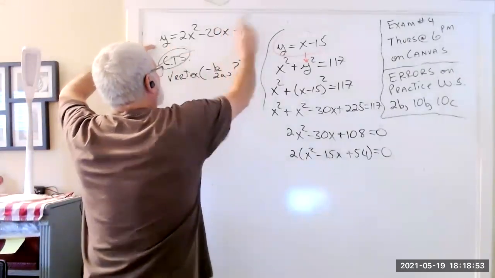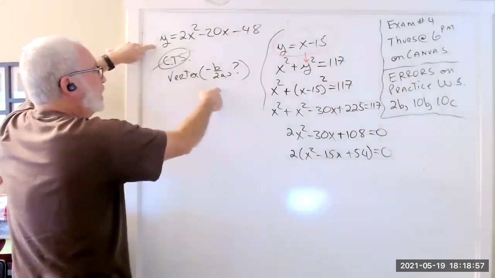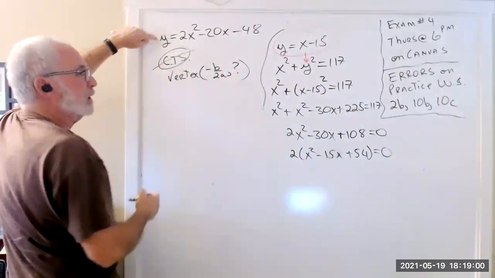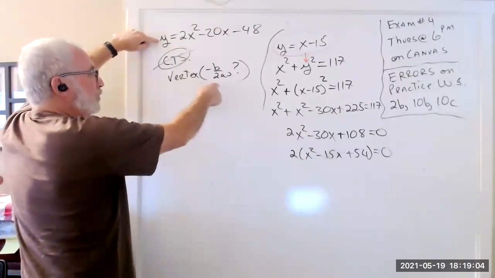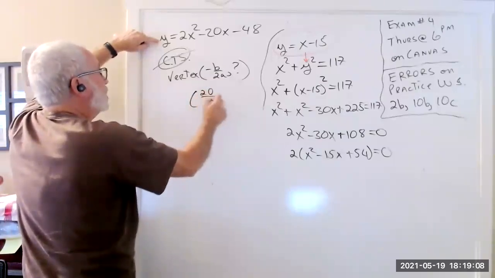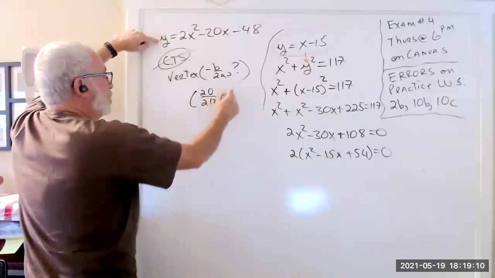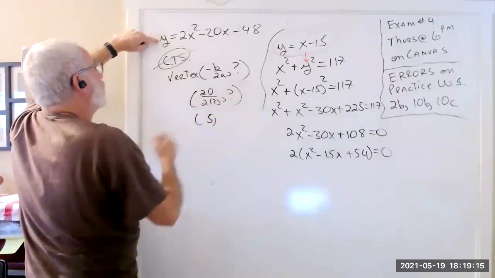So we know how to start finding the vertex. We have 20 over 2 times 2 comma something. So that's 20 over 4. That's 5 comma,